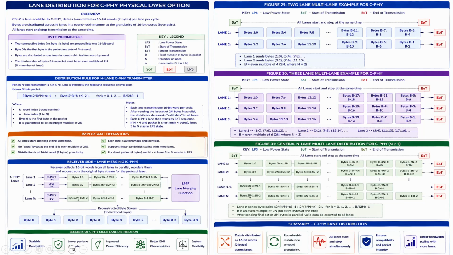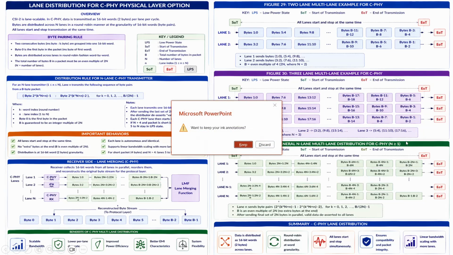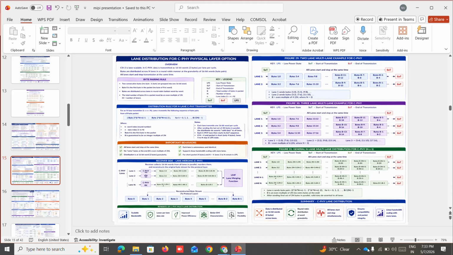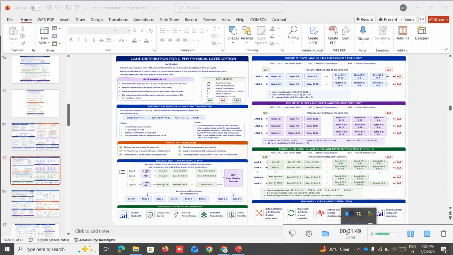Actually, what happened here means, suppose you are transmitting the data, how we are